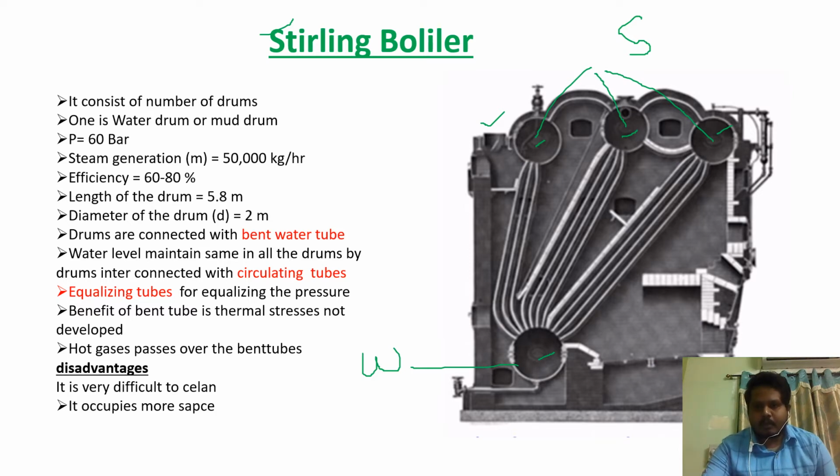Here, steam drums and water drum both are connected with bent water tubes. Here the steam drum and water drum are connected with a bent water tube. The advantage is, when steam flows inside the tubes, because of the high temperature it will experience thermal stresses. But when tubes are bent, thermal stresses can be controlled. Moreover,